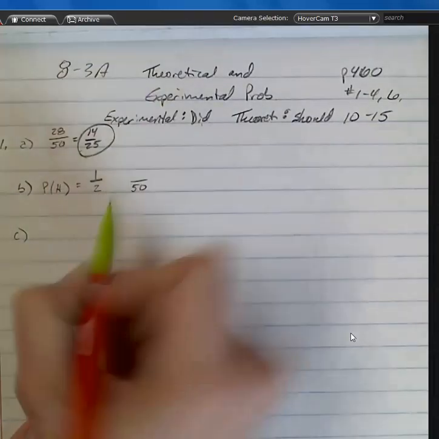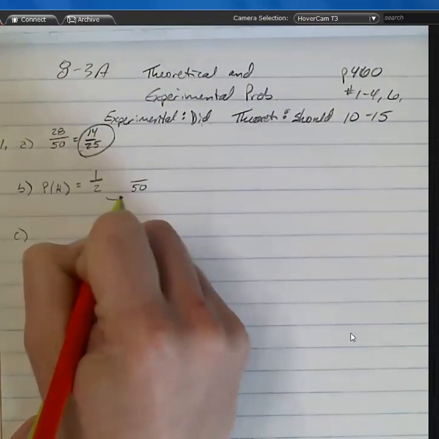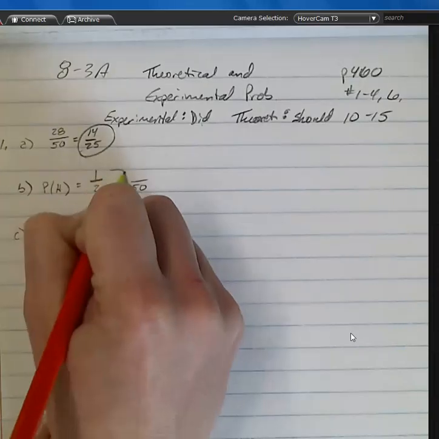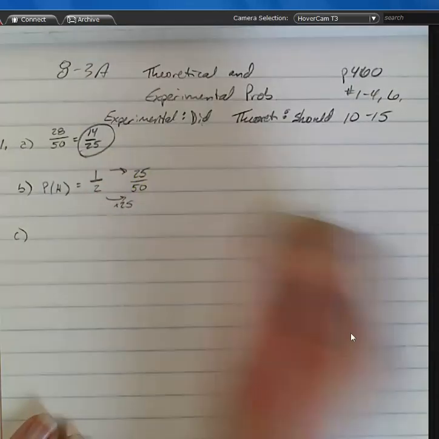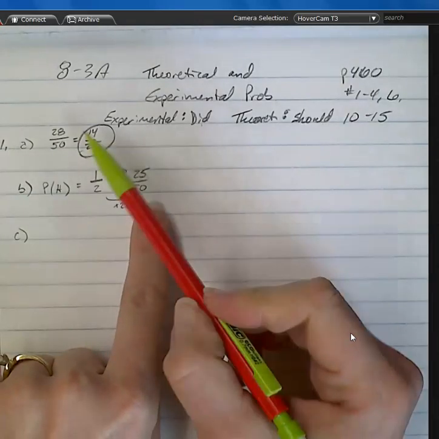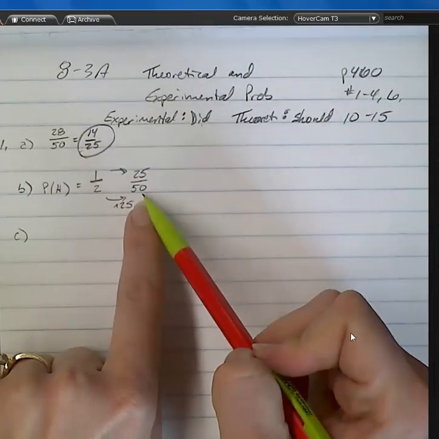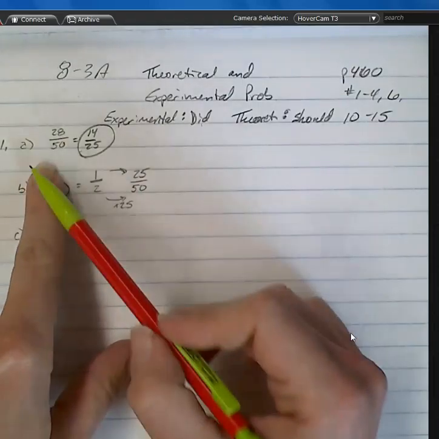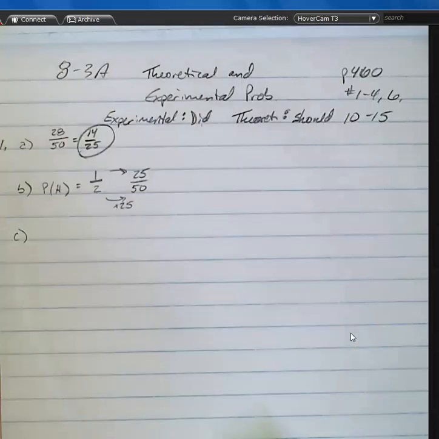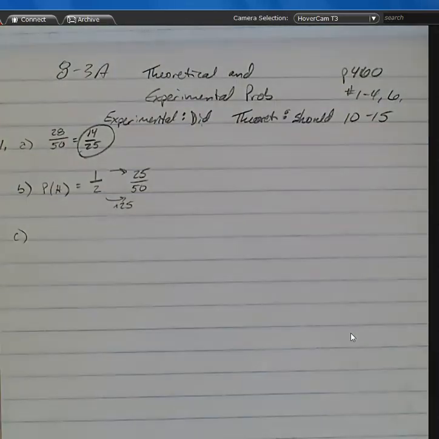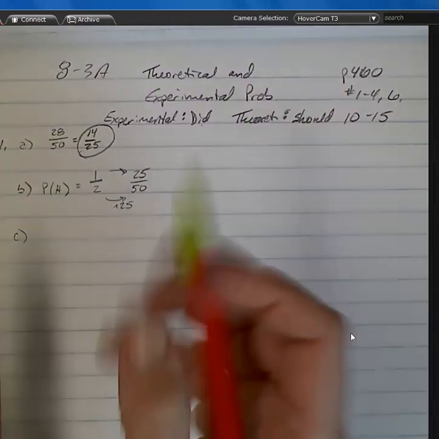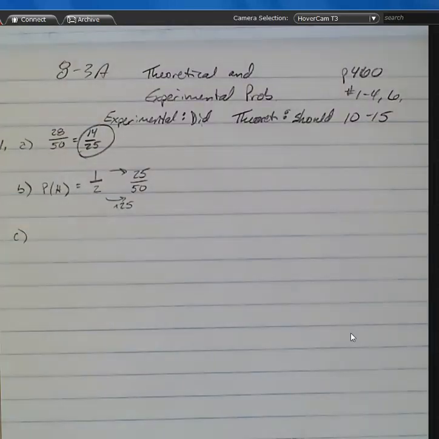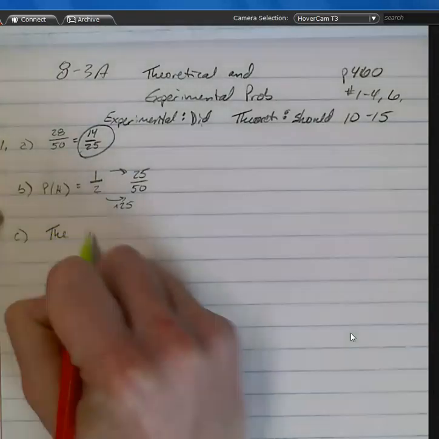So if this was 50, 2 times what number is 50? 25. If I multiply the top number by the same, I get 25 out of 50. My theoretical probability says it should be 25 out of 50. My experimental probability says it's 28 out of 50. Which one's bigger? 28. So what am I going to say when it says compare the probabilities? Which probability is bigger? The experimental probability is